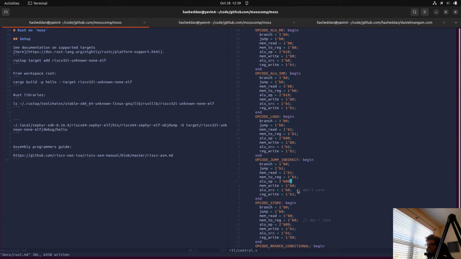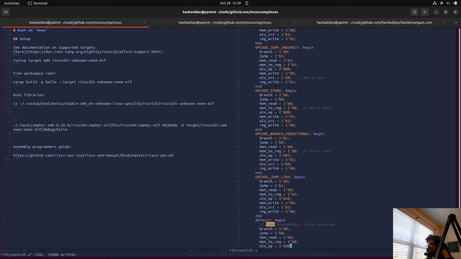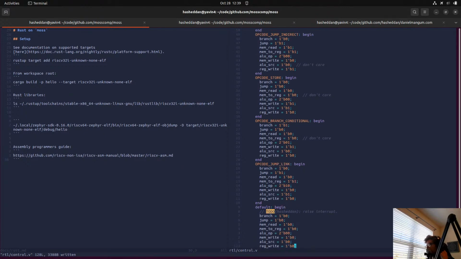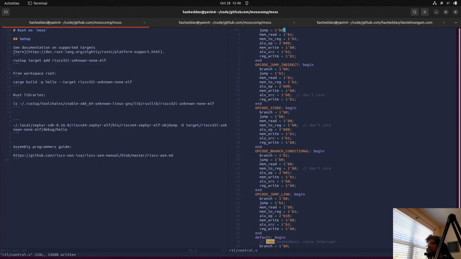Maybe I'll leave off the don't cares for now because I might want to come back and reevaluate them. But based on the jumps, we had the don't care on the indirect jump. On the store, we had the don't care on the memory to register.